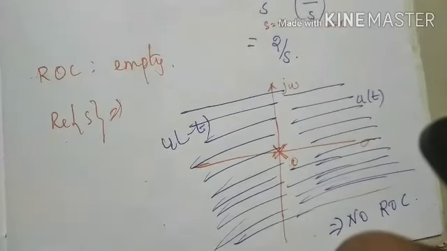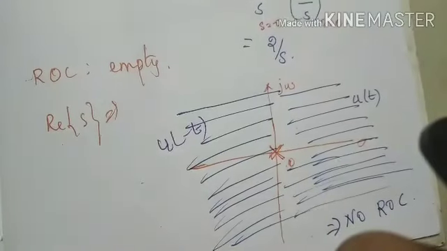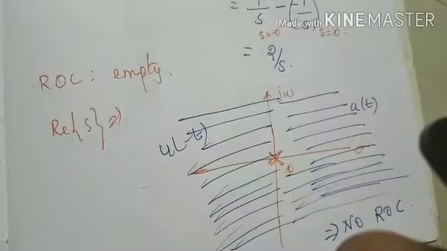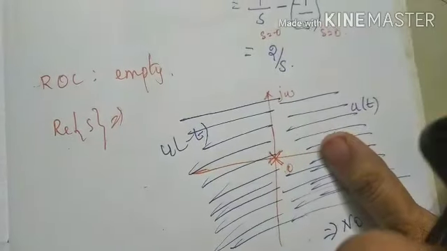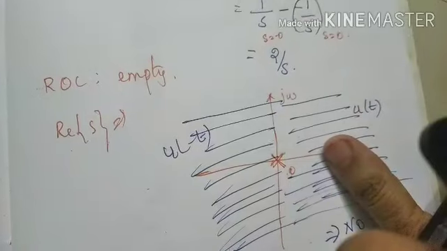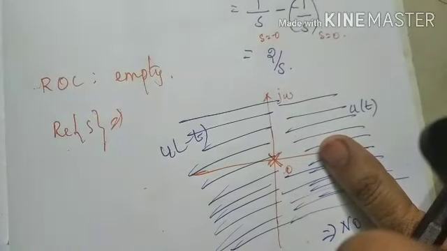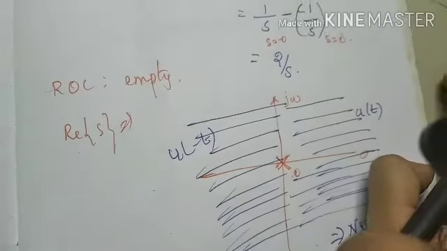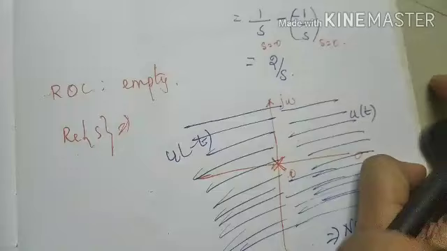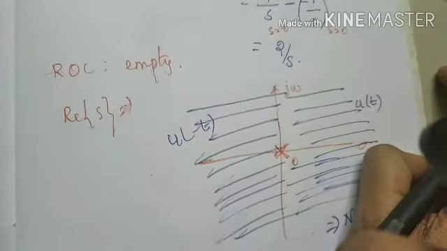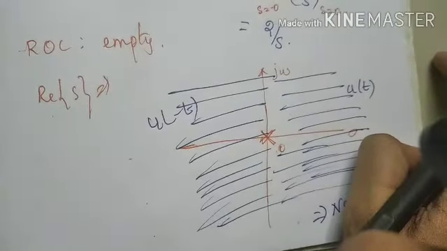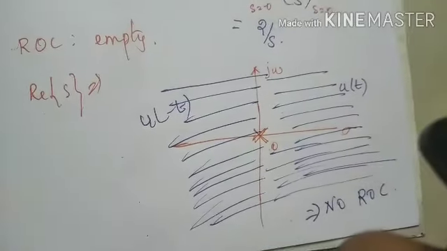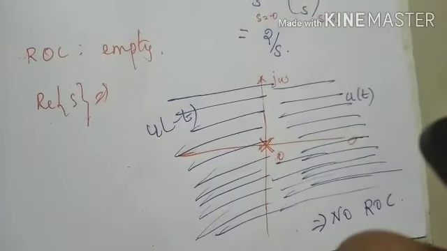Already we have seen 4 types of exponential signals. In this session we have seen two types of signal. One is the DC signal and the other one is the signum function. You have to remember these two functions will have different Laplace transform values, but there is no region of convergence. The region of convergence will be empty, since there is no common region of convergence, right?